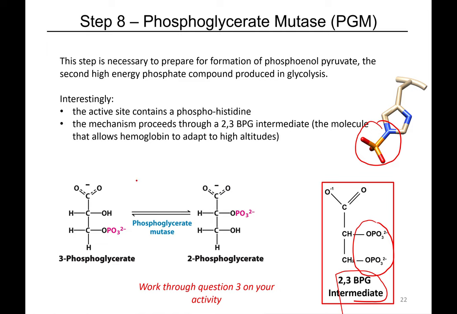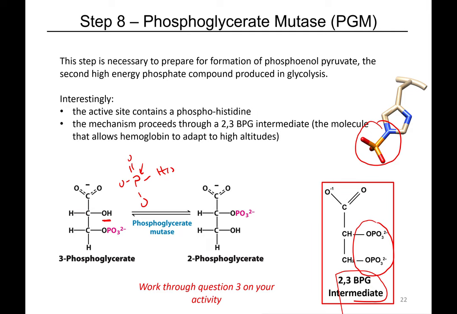So then in interest of time, the idea here, right, is that we have this phosphohistidine. We know that in the intermediate, we need to have a phosphate on carbon 2 and carbon 3, right? And on your sheet there and up here, we see that the reactant only has a phosphate on carbon 3. So the first step must be activating this oxygen to be a nucleophile so they can attack this phosphorus, which